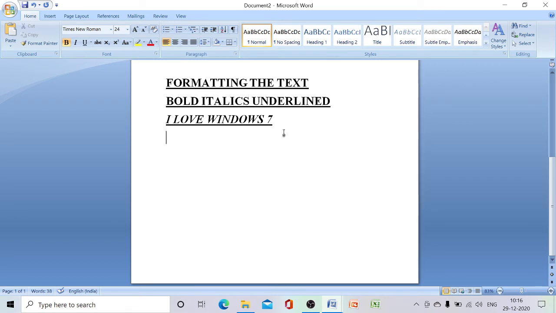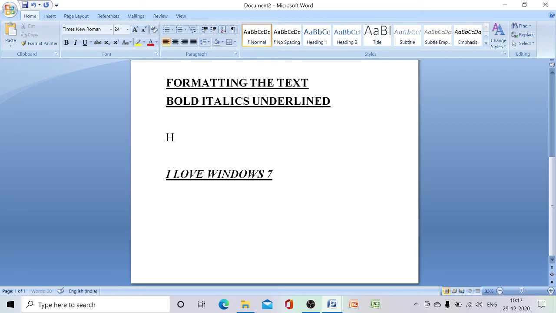So these are the main options. Here you can see B, I and U. These are the options which we use to format the text, that is to make it bold, italics and underlined. Clear? Yes. That is about formatting the text. Now the next one that we are going to do, let us write the topic here. Here we can click this U I B to change this effect.